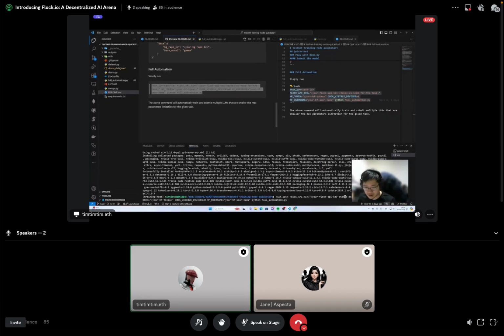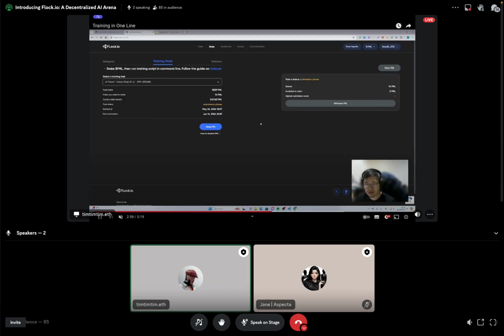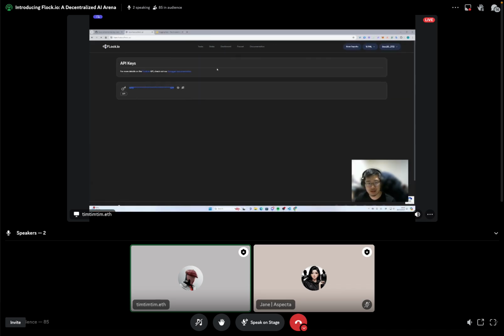We tried our best to ease a lot of trouble, because you don't need to set up your parameters or hyperparameters. All you need is the four variables: your task ID, your API key,